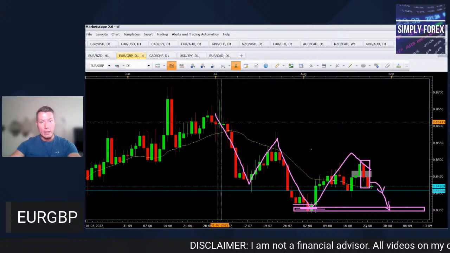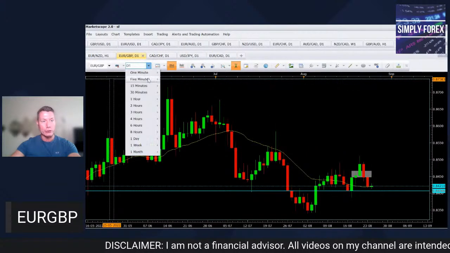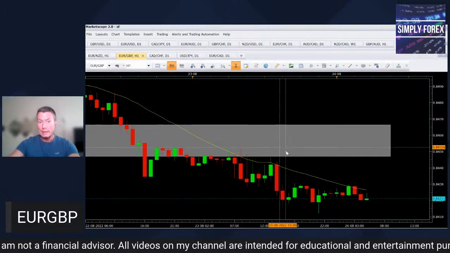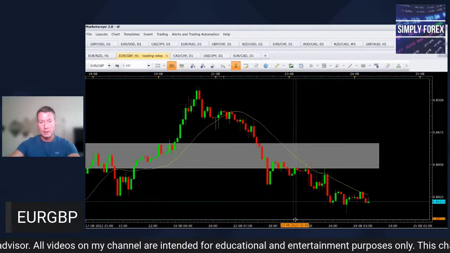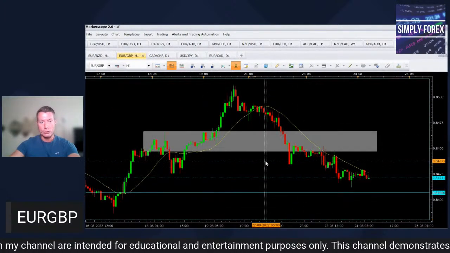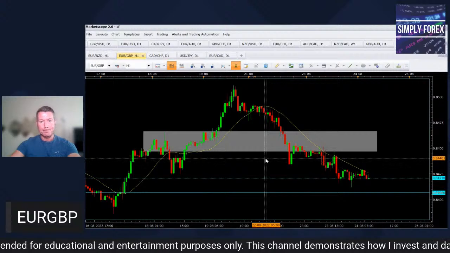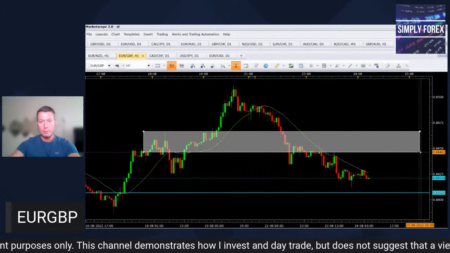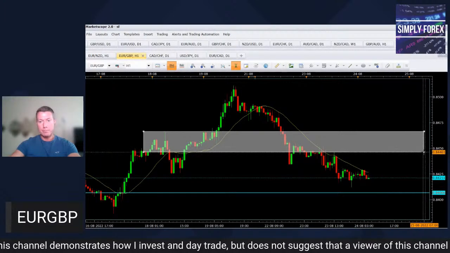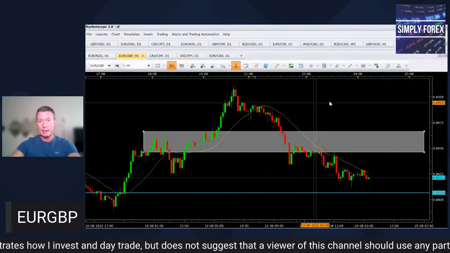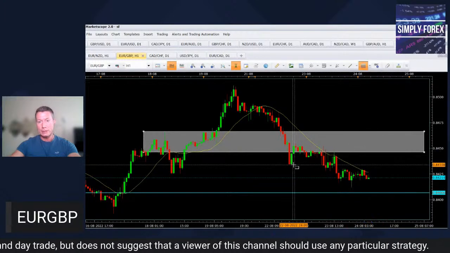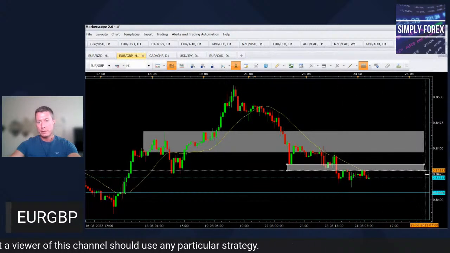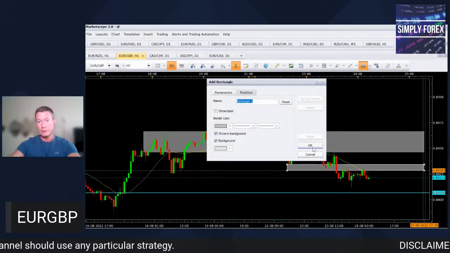Let's look on the H1 now for our entry. And again, guys, because we was trading this from yesterday, I already have a grey zone in place. But let's see if that grey zone has changed. Okay, this one probably hasn't changed. I'll just move it along a bit. So yeah, that grey zone is still intact. What I would do is add this grey zone. Yeah, there seems to be an area of what was once resistance.